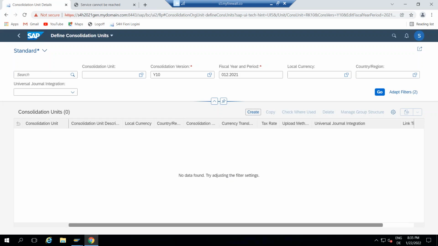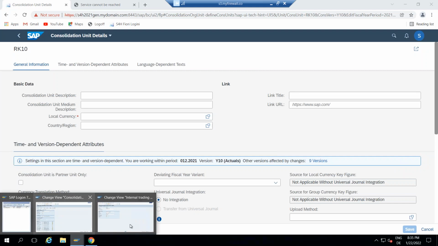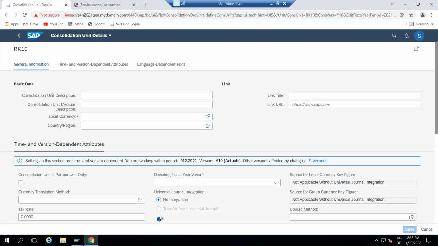See, by default, it has taken no integration because this arc10 does not exist here. Right? arc10 does not exist. So by default, it has taken no integration, and now you cannot switch over. It's not feasible. It's grayed out totally.